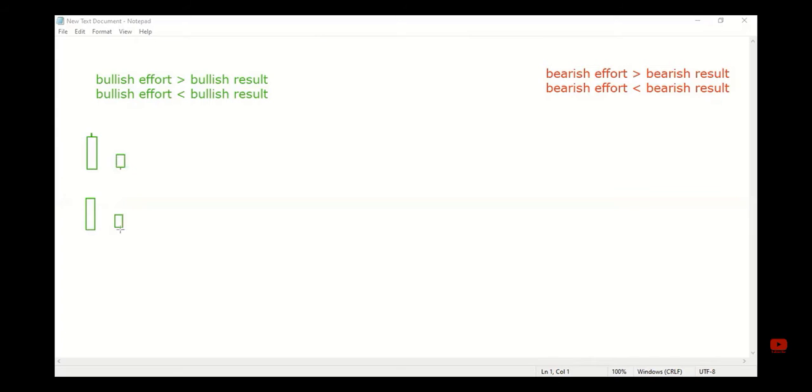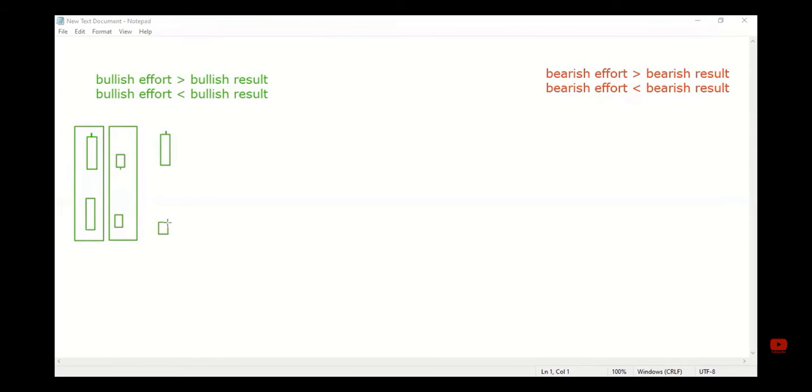Here the volume, that means effort, is small, and the candlestick is small here. So small size volume, small size candlestick. If we compare these two candlesticks, it's okay because large volume, strong candle; small volume, small candle, that means volume low here, candle weak here. So it's okay. But when we face this type of situation, this type of candlestick, market creates this one,